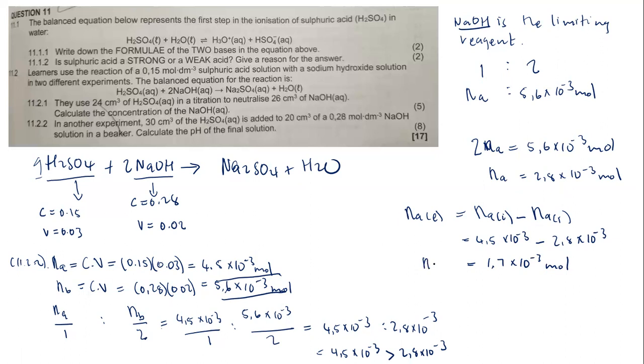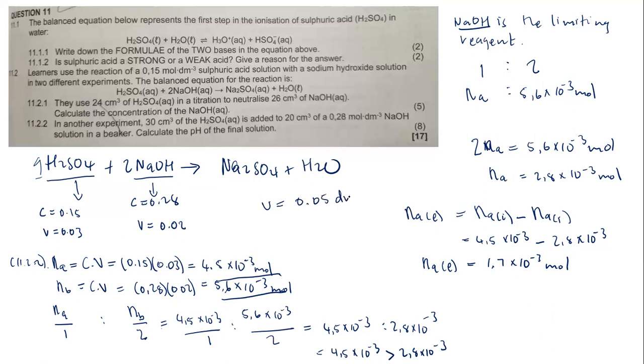This is the number of moles of our acid left behind, or you can just say number of moles excess. Okay, I love saying left behind. So now with this number of moles left behind in this solution, this didn't react at all. So we're going to take this number of moles to determine the concentration of the final solution. But do not forget, this number of moles will be suspended in what volume? Remember, when these combine together, they give a total volume of